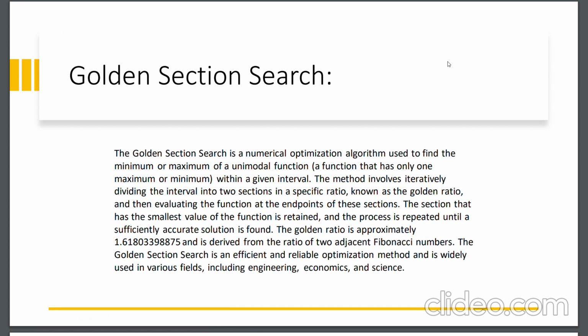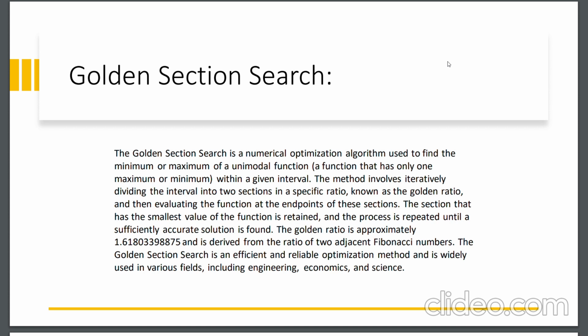If we take a complex function, then we need to find a maximum or a minimum of the function. It's a difficult task for us, for a complex function, to find whether it's a minimum or maximum of that function. So to find the minimum or maximum of a function, we use this algorithm, and this algorithm is only used for